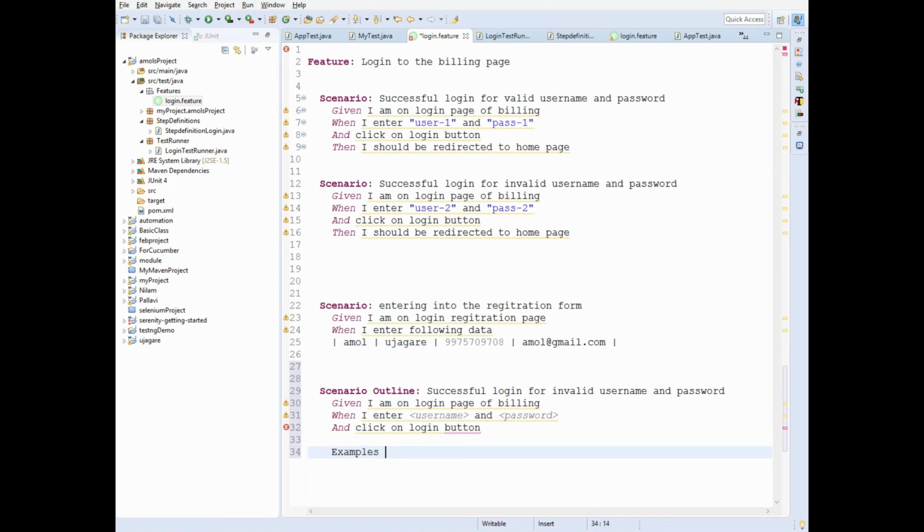Examples colon, space matters here, right? So below this use the same keyword. It's better to copy and paste it here so that you will not make any mistake. You can give pipe symbol here, one more pipe symbol here, then password.